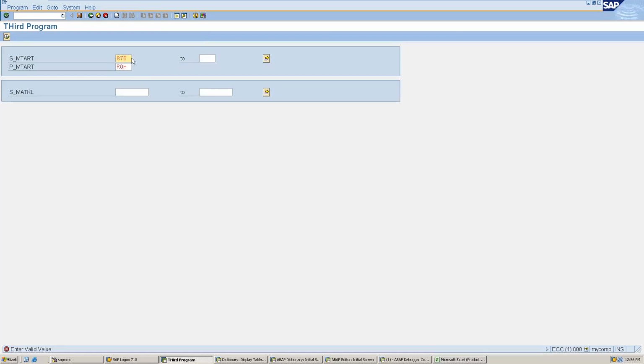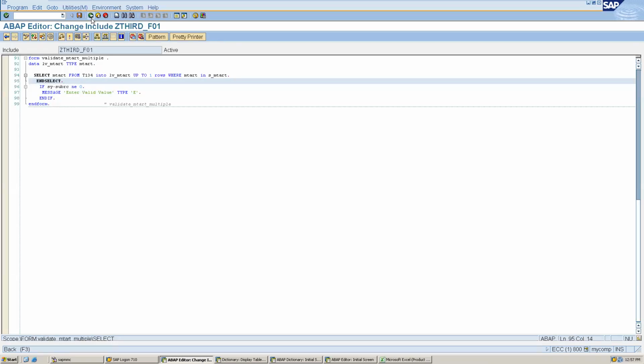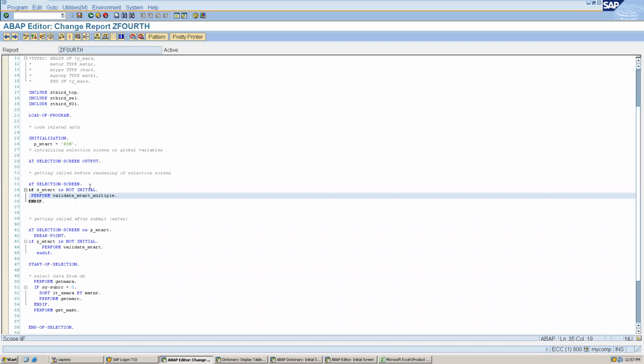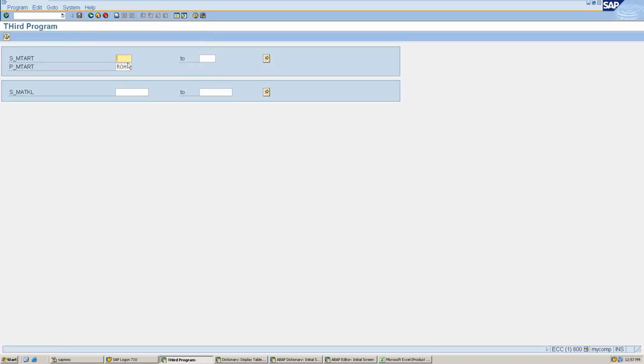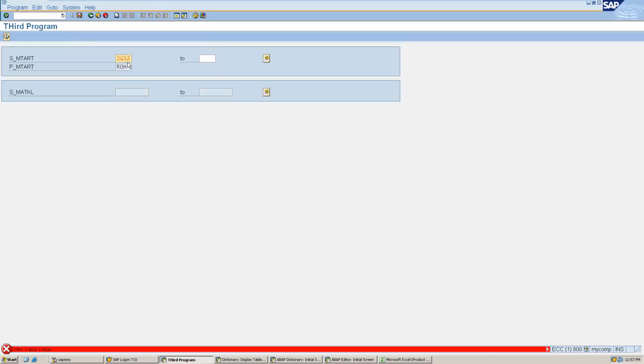Okay. But here you can see we are not able to get, like, कहाँ error आ रही, right? So in this case what we can use, we can use again that ON FIELD. अगर हमें चाहिए, that is optional. अगर हमें block करना है other, तो we can write ON s_mtrt. That's all. ये कब trigger होगा? जब हम इसमें change करेंगे. अभी हम execute करते हैं और यहाँ पे हम कुछ देते हैं, enter मारते हैं. See, अभी इसने सब केवल इसको validate किया.